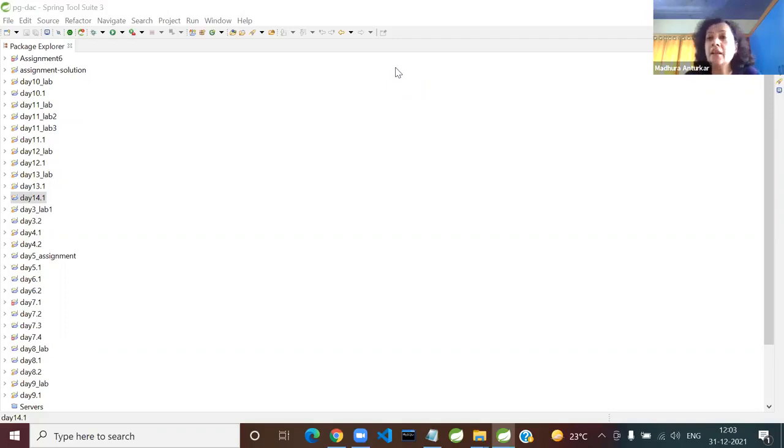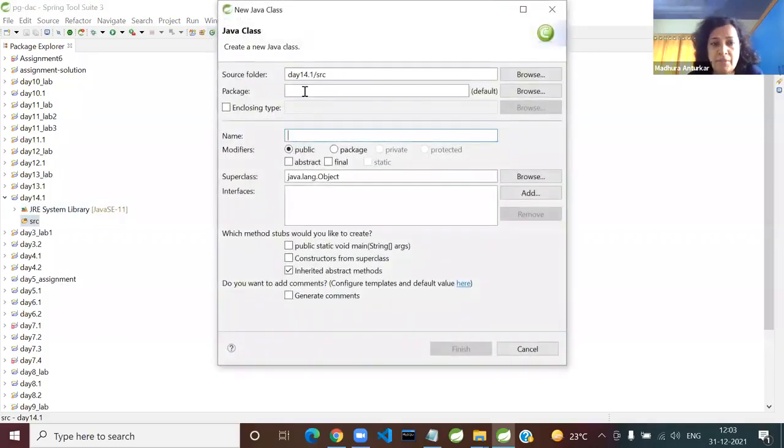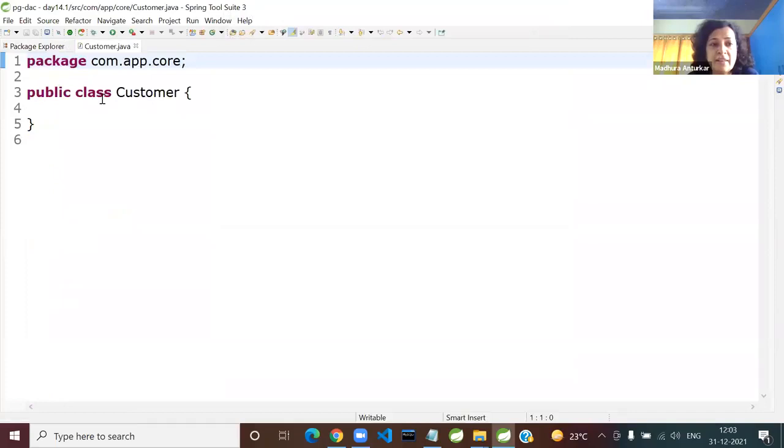Done. Okay, great. So now let us create a customer class. Every time I complete a particular class, I'll send it, so anyone who has not completed it can always copy in parallel. So first let me write a simple customer class in the core package. I generally give this name to indicate it as a core class. Name of the class is Customer. And here, let's add the data members.